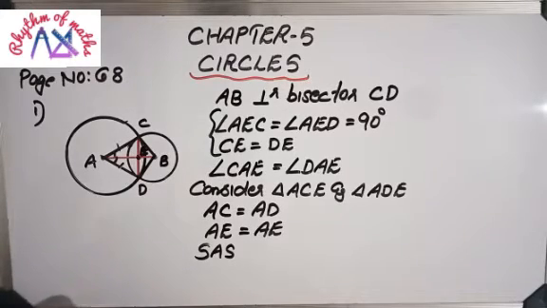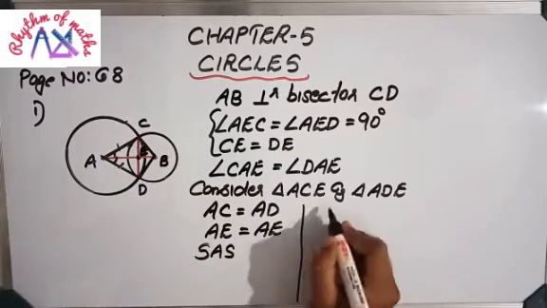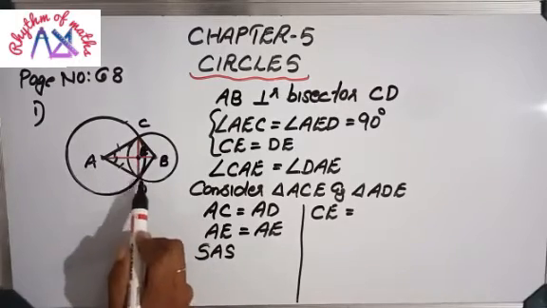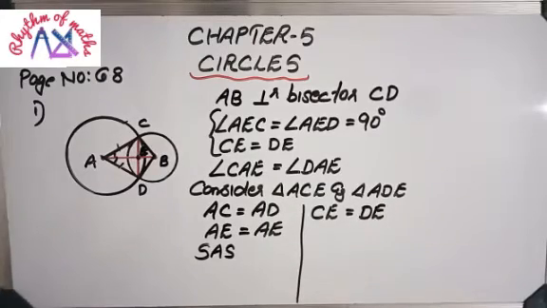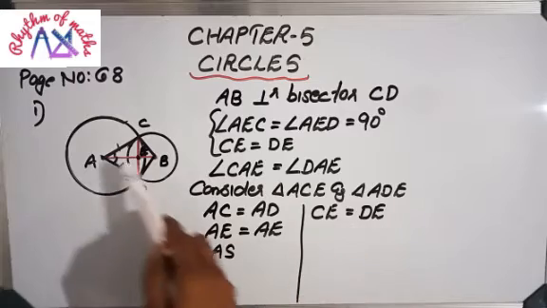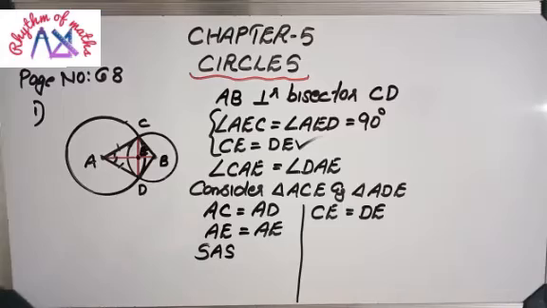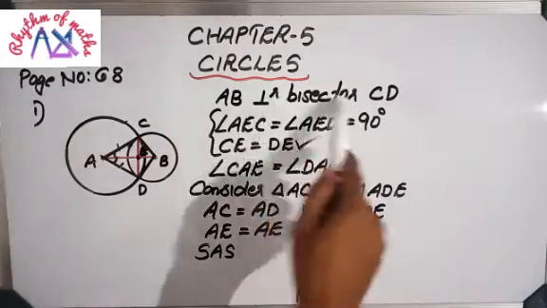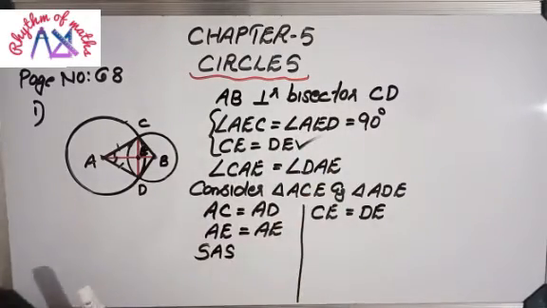Okay, that means what? Third side, for the first triangle, third side is CE. That will be equal to what? For the second triangle, third side is DE. So CE equal to DE we got. By considering these two triangles, we got CE equal to DE because they are parts of equal triangles. So one concept we got. Okay, first one we proved, bisector we got. Now we need 90 degree. Then also we can say that it is perpendicular bisector.